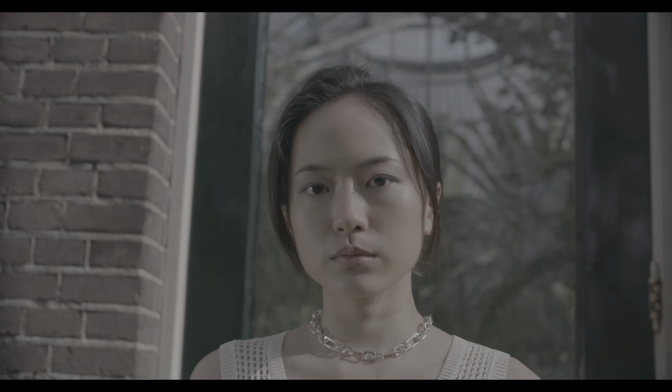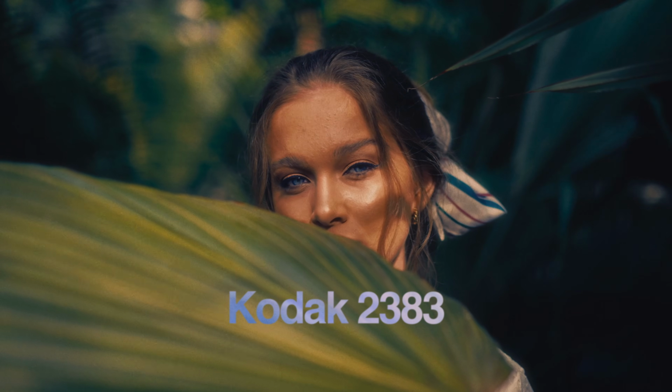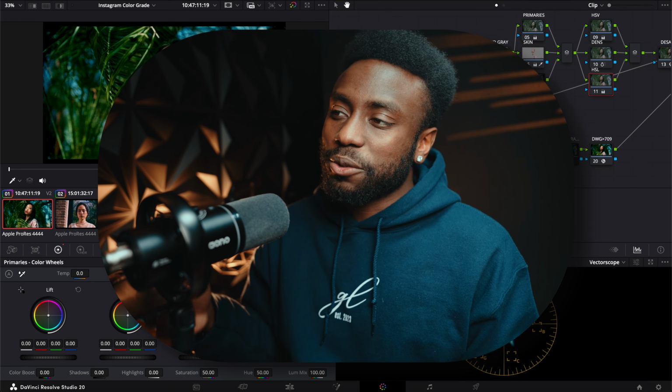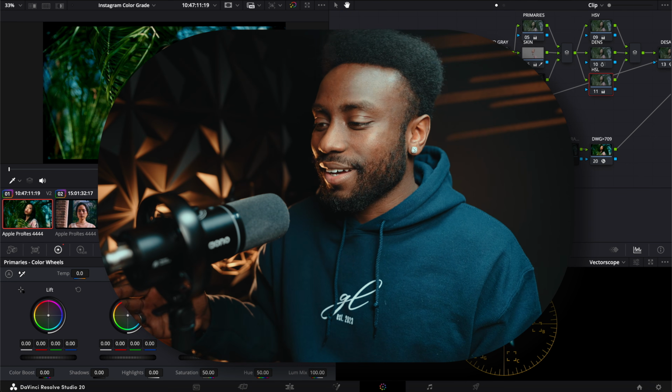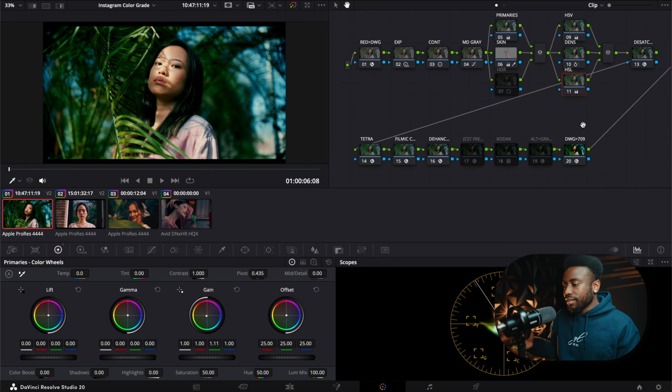So film looks are extremely popular nowadays, and if you are within the color grading community, you've probably heard about Kodak 2383. Now this is a film print stock that is extremely popular due to its cinematic look. Because we are working with digital, we want to create it and emulate it. And luckily for DaVinci Resolve, we have the ability to do so because of the amount of control that we